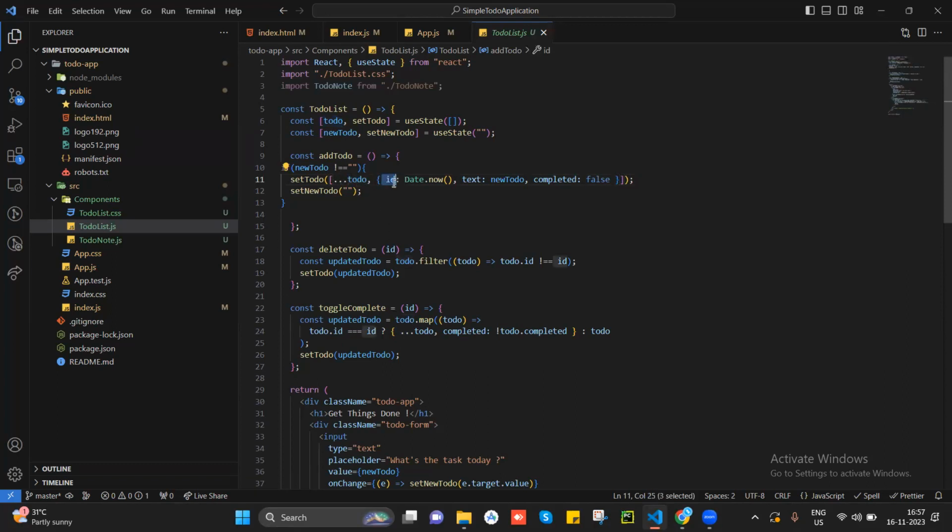Along with the ID, a unique ID should be there for each array item. I am currently using a date and the text. The text is nothing but the value the user has entered, and completed is used for editing purposes. We can use it without that also. It's fine. So inside the to do array,